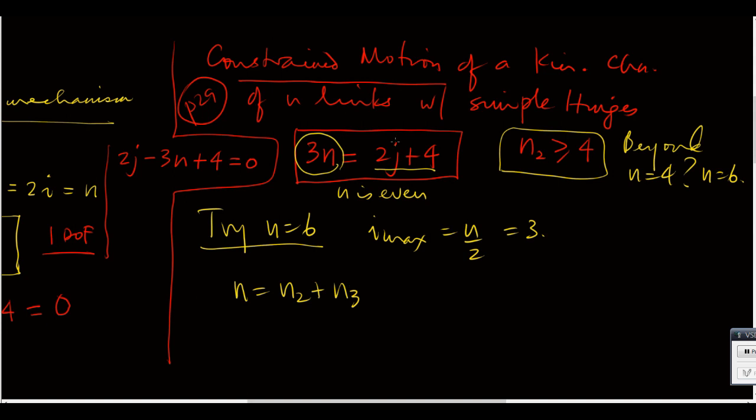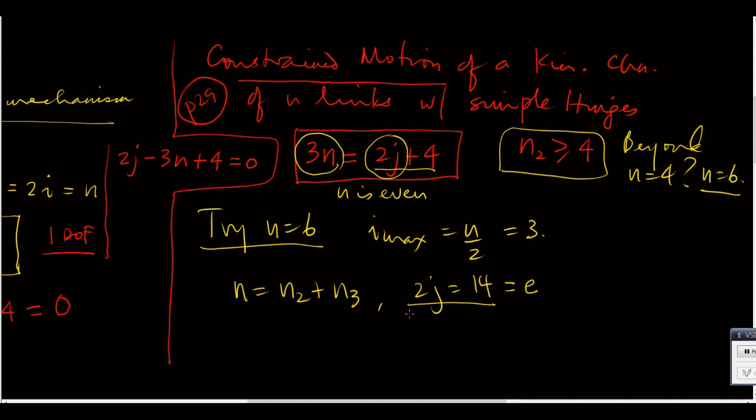We also have this here. You see, we have 2j is equal to 3n minus 4. N is 6. We are trying n equals 6 now. So that's 18 minus 4 is 14. 2j is 14, so j is 7, right? 2j is equal to 14, right? This is also equal to the number of elements, as you may remember from the previous